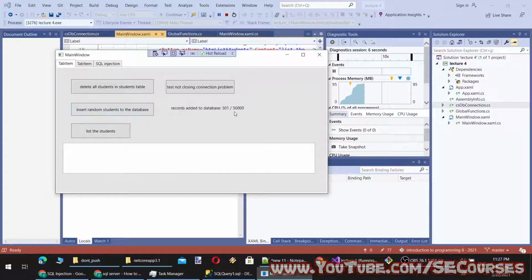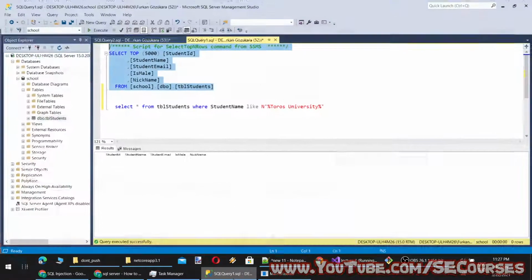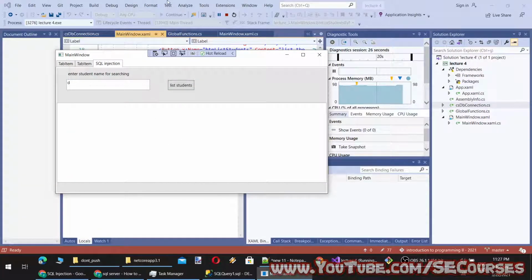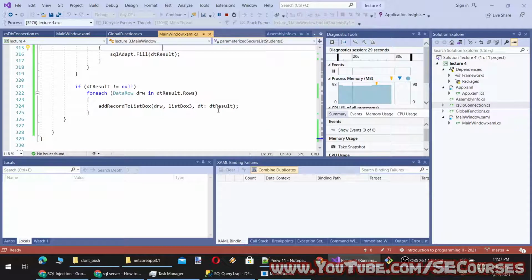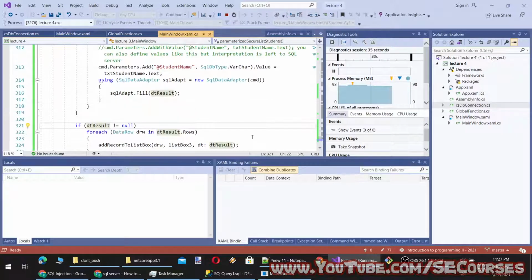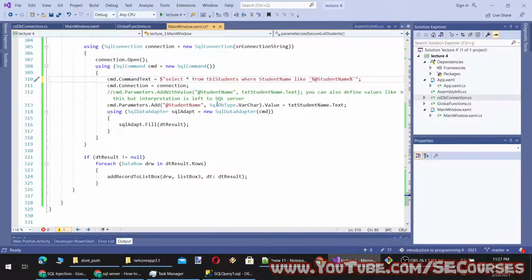Okay, so let's insert. Okay, insertion started. Meanwhile this code is working, we can work here. So let's list the students and nothing has come, so we need to add some data first. Okay, still nothing is coming. So we may have a problem somewhere. I think we have to remove n, because now that we are using a parameterized query,